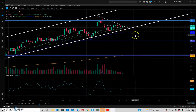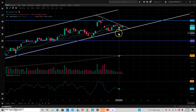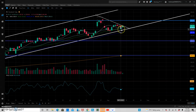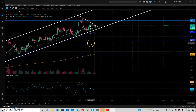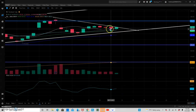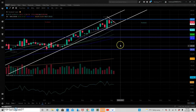All right, and as you could see on our chart, we are above our 200-day moving average, which is way down here in the yellow. 50-day moving average, like I said, is acting as support. I have a 30-day moving average here that is also acting as support going back to, it looks like, the beginning of March when it got into that channel. My 21-day moving average, we are also above that, and our 8-day moving average, we are currently above that. So all moving averages we're above, and let's take a look at our weekly chart here